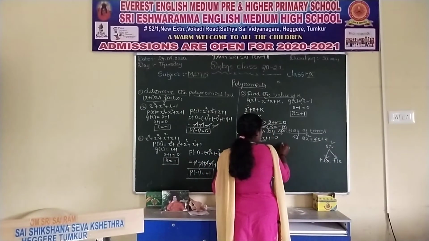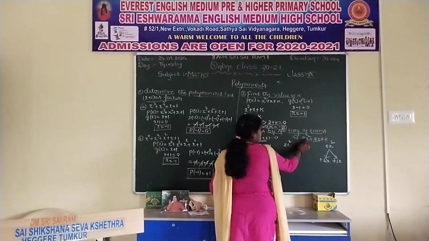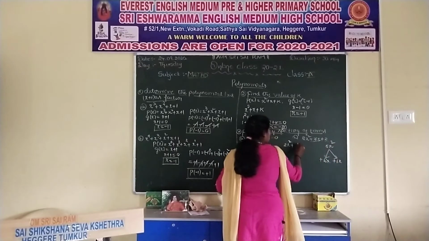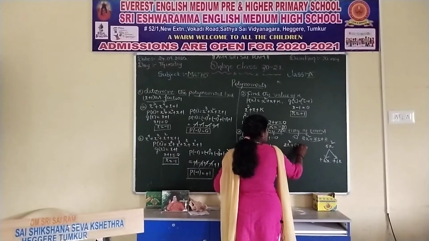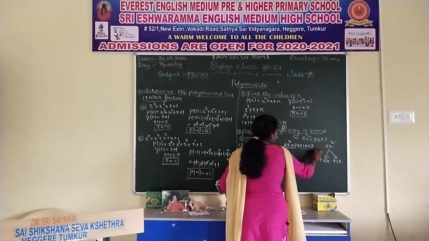As in the last class, whatever steps we followed, you follow the same steps. Write the first term as it is. Instead of the second term, use 2 new factors. The new factors are 6x plus 1x. You write the last term as it is. You make 2 groups here.